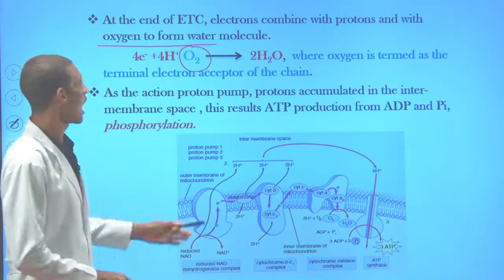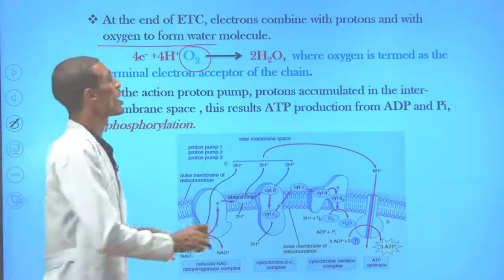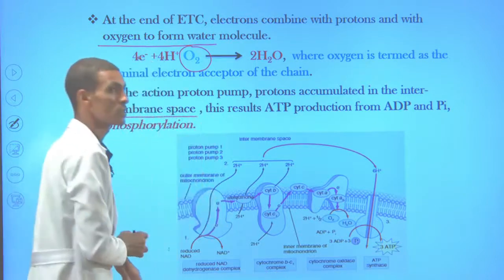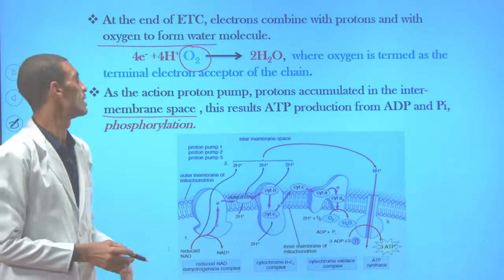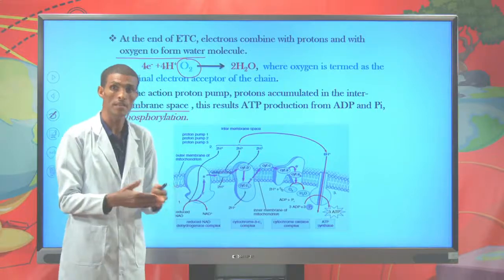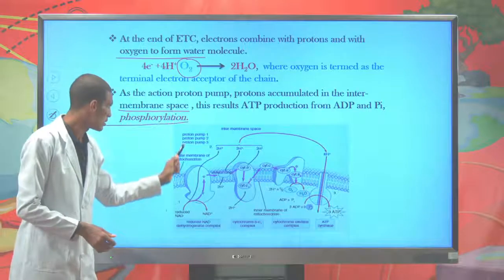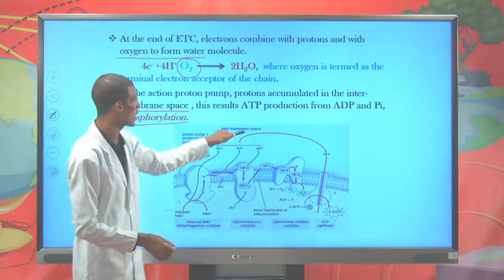So here, as the action of the proton pump, protons are going to accumulate in where? In the mitochondrial inner membrane space, where ATP synthase is found. This is the reason for the binding of ADP and inorganic phosphate, which is the reason for phosphorylation. So here, there is a proton pump from the outer mitochondrial space to the inner mitochondrial